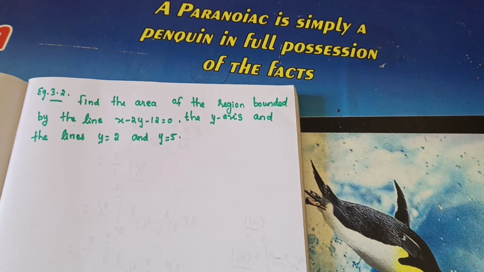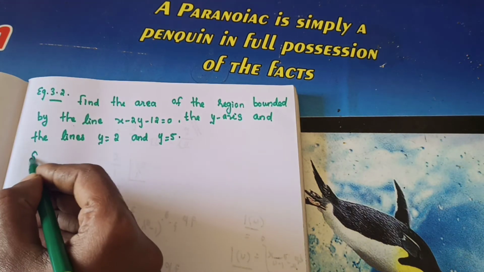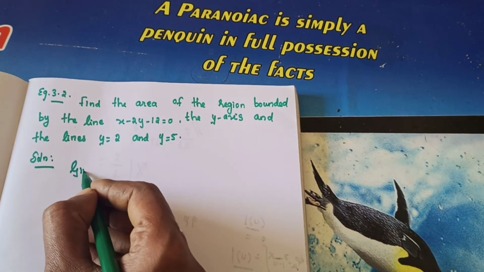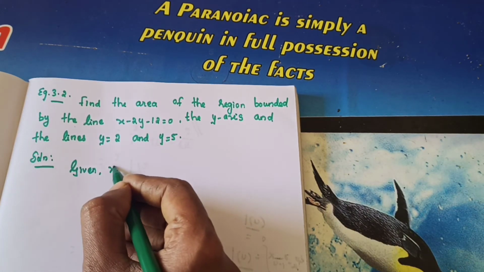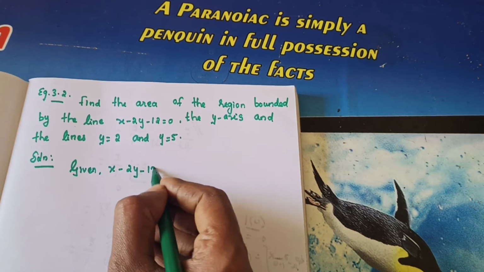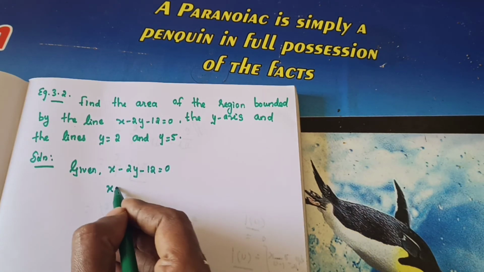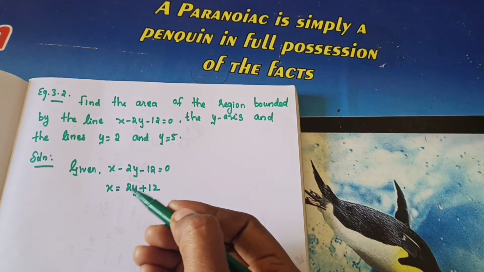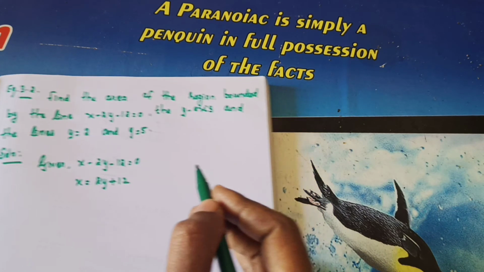So x dy means whether it is positive or negative, after drawing the curve only you can find out. Is it right? So y is equal to 2, y is equal to 5. The limit is given. For further points you need to find. So here, first the formula is x dy, so from this equation we need to find the x value first. Given x minus 2y minus 12 is equal to 0. If you find the x value, what's the value? 2y plus 12. Okay. So first what will you do? We need to find the